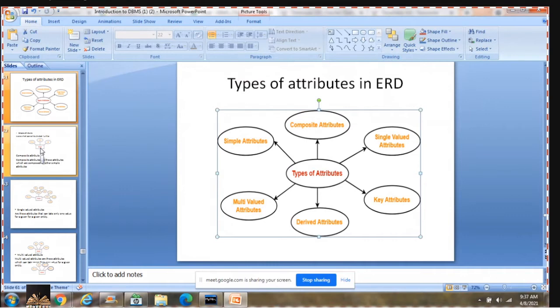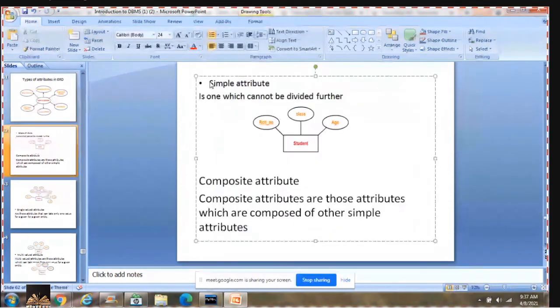A simple attribute is one which cannot be further divided. Student is an entity. Roll number cannot be divided further.